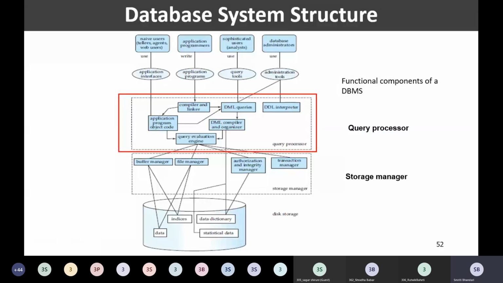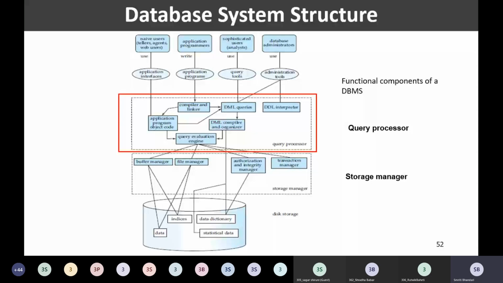In structured query language, we have two components, DDL and DML. DDL stands for data definition language and DML stands for data manipulation language. So SQL, or structured query language, comprises these two components, right? We give instructions to our database management systems by making use of several constructs in DDL and DML.